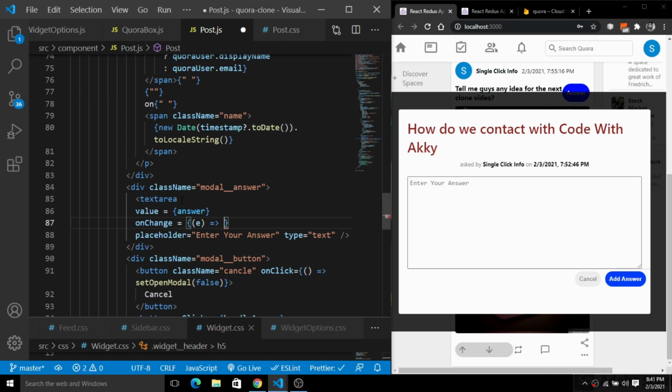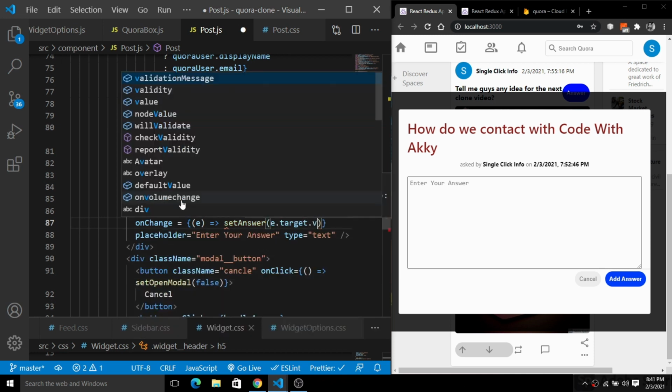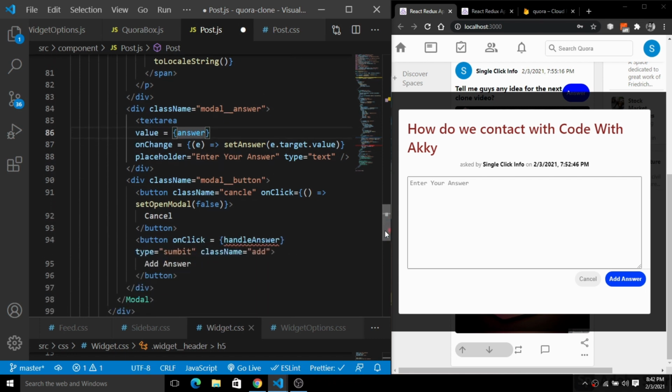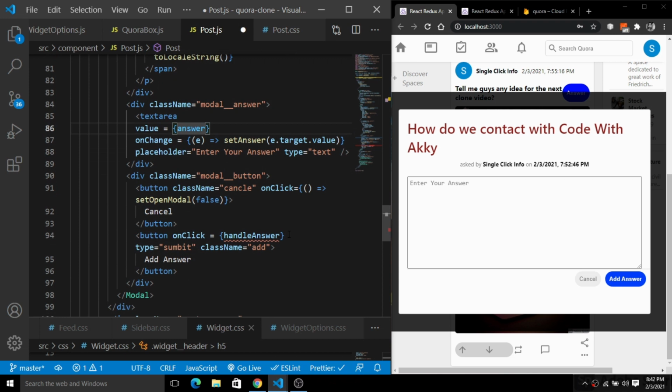On change we will set the answer, so setAnswer, and simply pass e.target.value, just like this. So we have this answer and the setAnswer, and we have these respective things here. Okay, so next we have to handle the answer here.